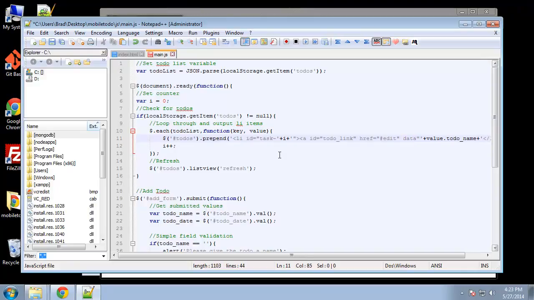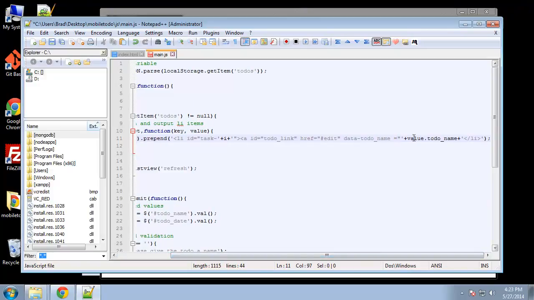So we're going to say data-todoname is going to equal basically the same thing, this value.todoName. Actually, I can just copy it. Okay, so data-todoname equals